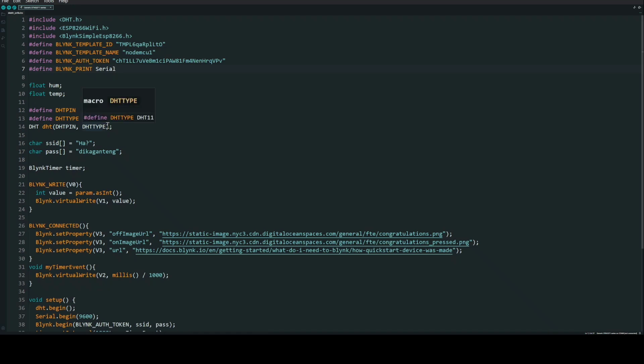Next, we define the Wi-Fi credentials, and in this case, the SSID name of the Wi-Fi network is A, and the password is Dikagantong. And next is we configure the Blynk timer and virtual pins. The Blynk timer initializes a timer object for periodic tasks. And the next one is the following function that handles the virtual pin V0, which is the BLYNK_WRITE V0